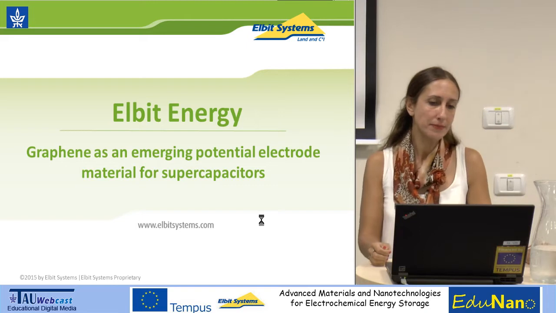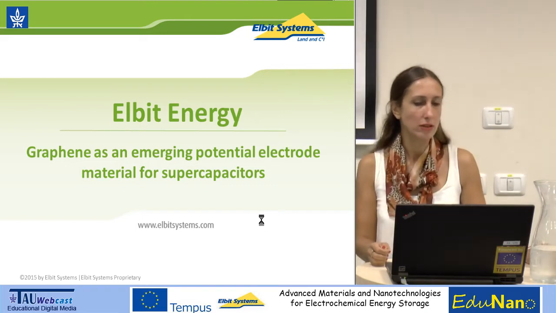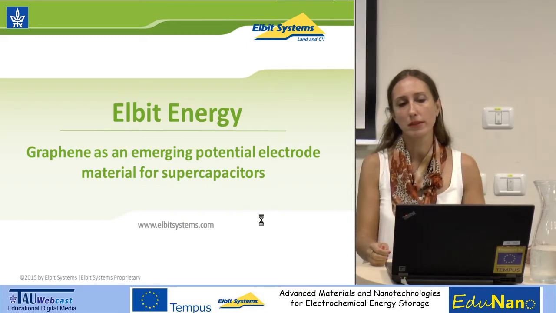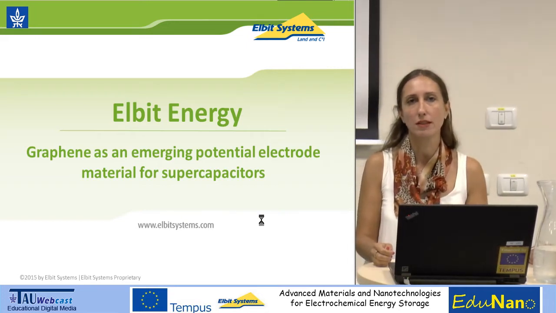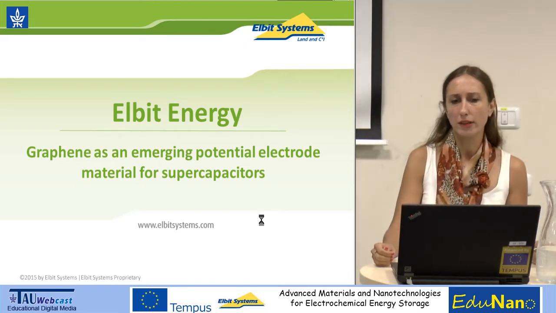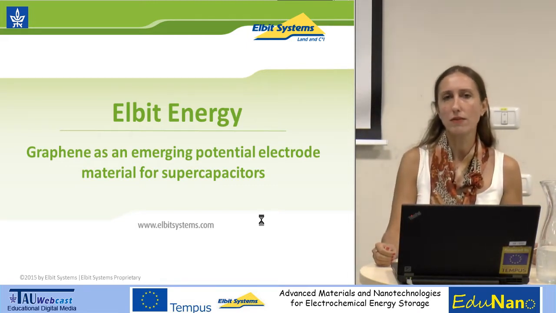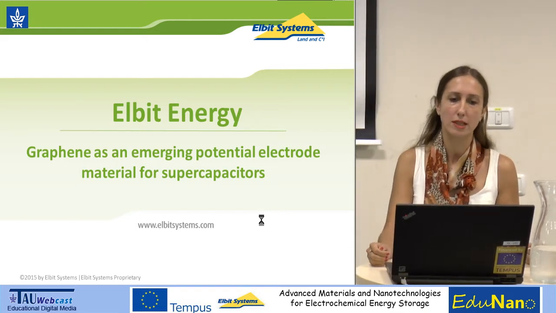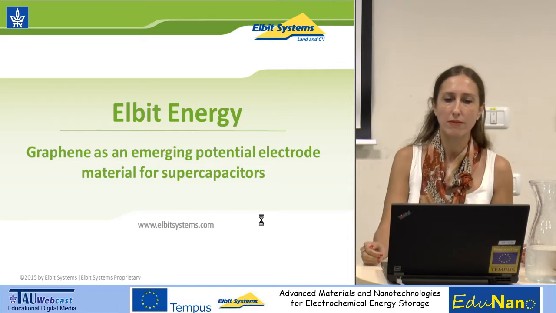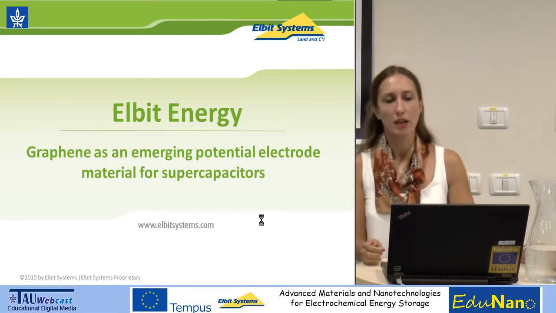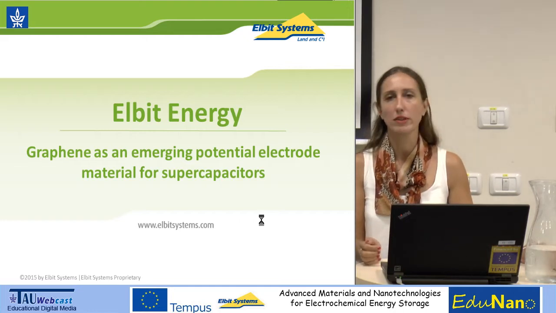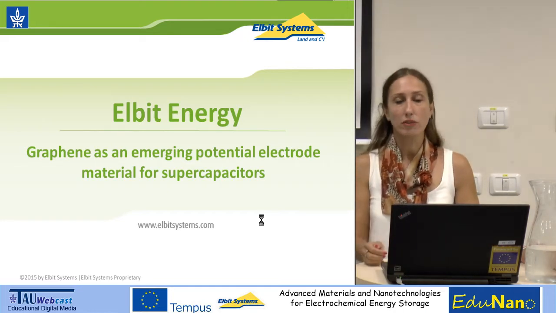Okay. The last session we talked about potential electrode material, especially those based on activated carbon and carbonaceous materials like CNTs, templated carbons, and fullerenes. And one of the most promising carbonaceous materials that have emerged recently is graphene. And the topic of the session today will focus on graphene as an emerging potential electrode material for electrochemical